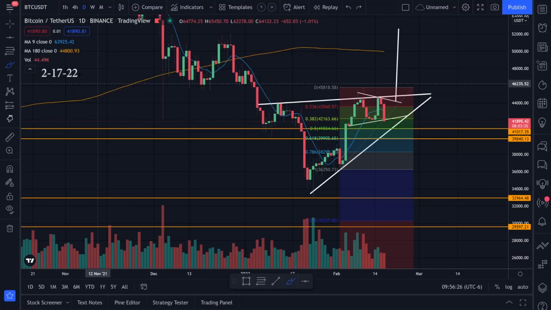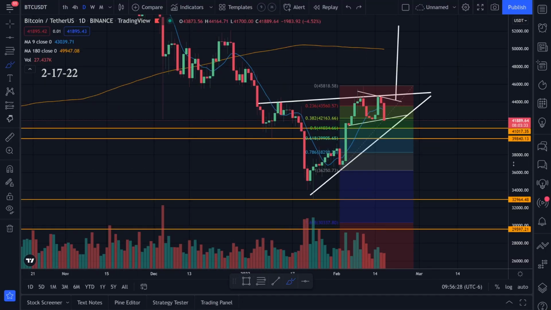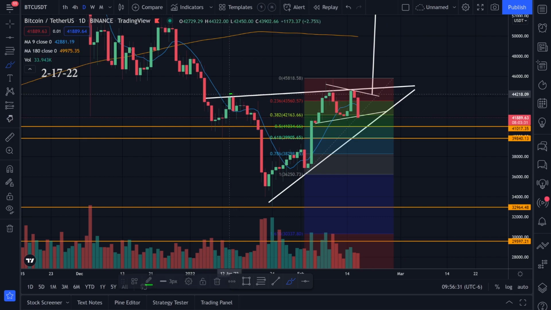Let's take a look at the chart action for Bitcoin. Okay, so here's the main things that I'm watching on Bitcoin. We had resistance, resistance. I was watching this trend line right here. I was waiting for a breakout to the upside. It looks like we're getting rejected right here, or at least we got some resistance and we're pushing to the